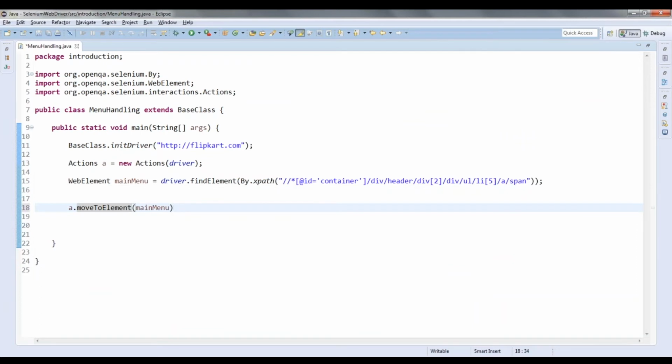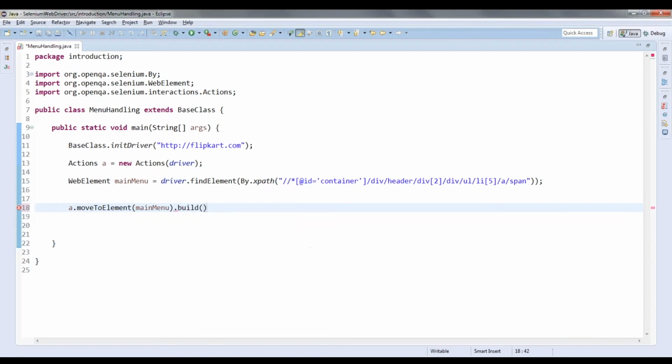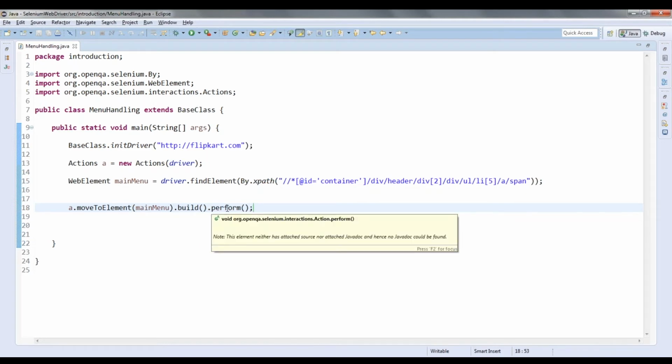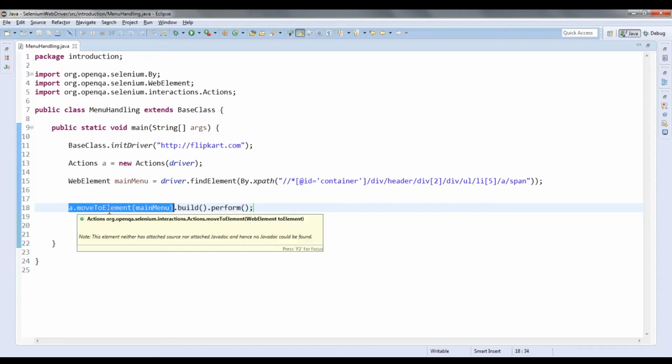To complete that action, I have to use two methods: one is build, another one is perform. Until and unless you complete the entire action with the perform method, moveToElement will not be completed.